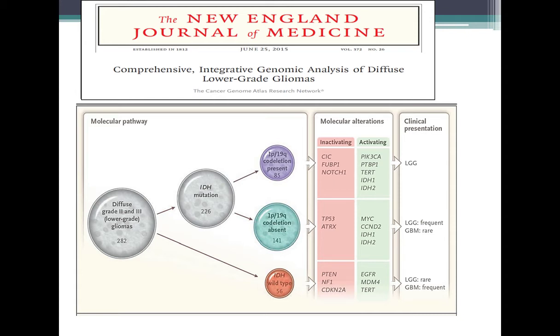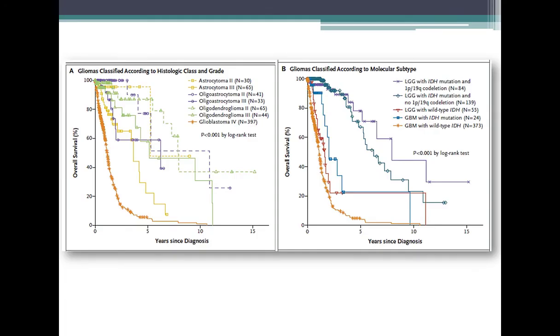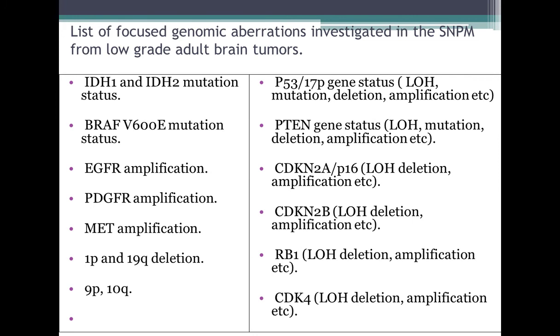saying that low-grade gliomas with IDH wild type or 1p19q codeletion have a whole different clinical presentation and outcome irrespective of the grade type, and that has led us to identify this newer generation of testing modalities to help our neuropathologists and neuro-oncologists. So I'm just summarizing the NEJM article, which basically identified this limitation in our surgical pathology diagnosis.